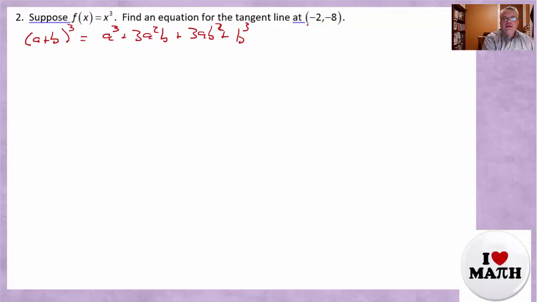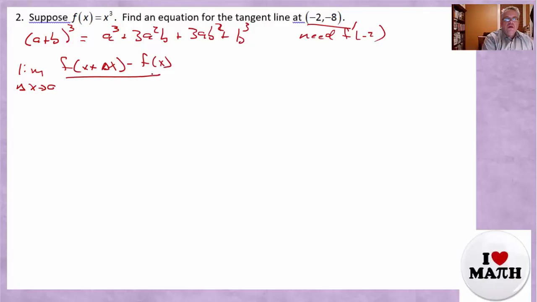Okay, so suppose f of x is x cubed. Find an equation for the tangent line at -2, -8. Here we go. In order to do that, we need f prime at -2. We need the derivative at -2. Here we go. This should be interesting. So we got the limit as delta x goes to 0 of f of x plus delta x minus f of x all over delta x